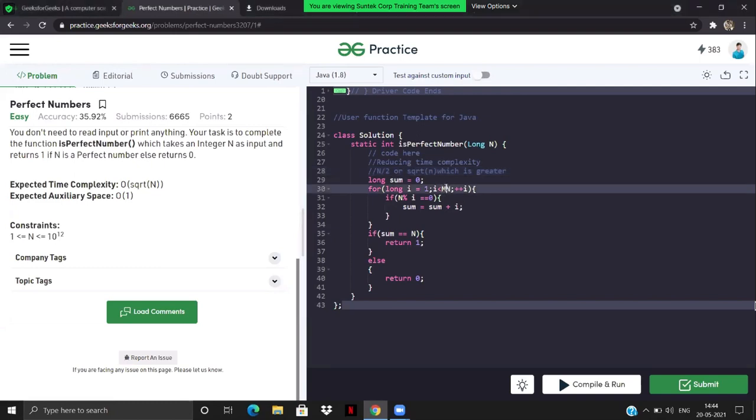Okay, what after this? Let me do that as well. I'm doing it along with you. You tell me how exactly we should do it. Right? Okay, it's done. We are running a loop from 1 to the square root of n. Then